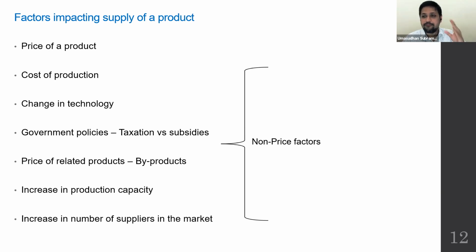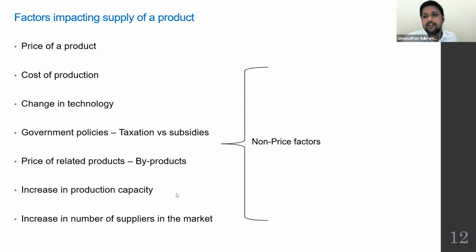So you need to think from the perspective of sellers whose primary motive is profit maximization. And if you think about buyers who create demand, the primary focus is utility maximization, value maximization. So that's when we say when price is lower, demand is higher. But here, when the price is higher, supply is higher because your motivation is profits.